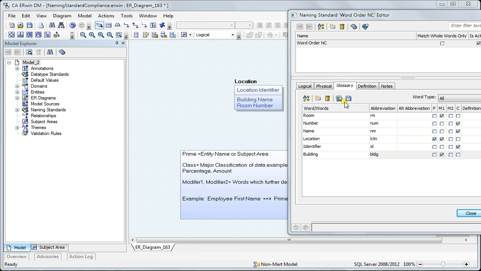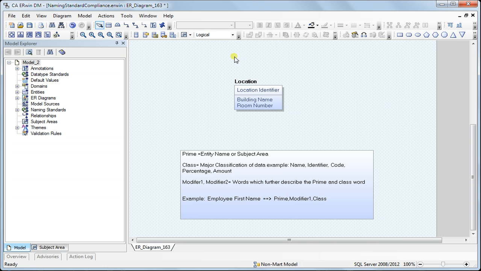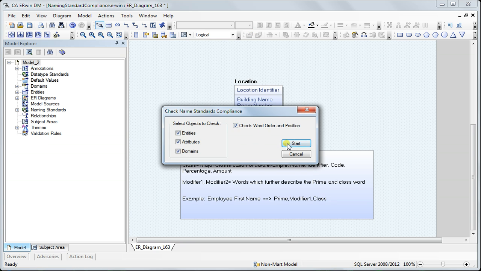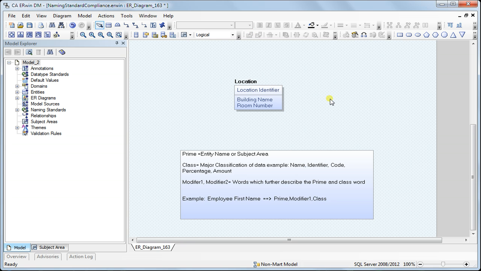Now the moment I do that, the location, building and room, all these three attributes satisfy that naming criteria, because building name is a modifier, location is a modifier, and the room is a modifier, and identifier, name and number are class words already. Okay, so the moment I close this, I said tool standards, check naming standards compliance, and there you go, it has no issue. So what I'm trying to emphasize here is